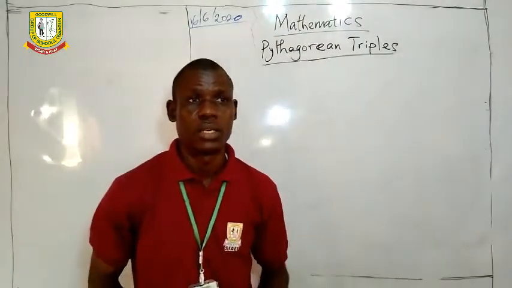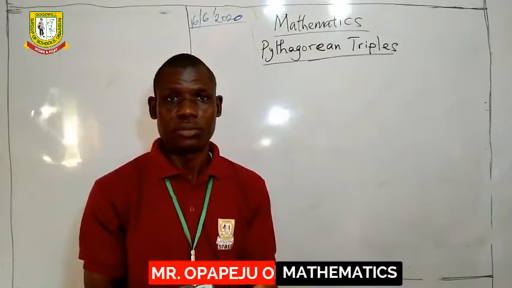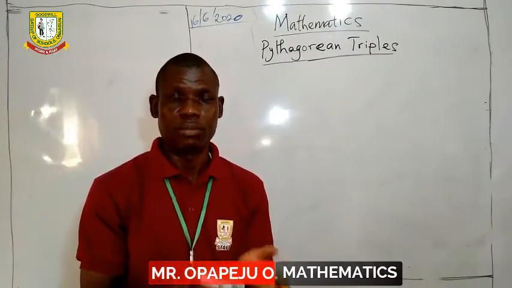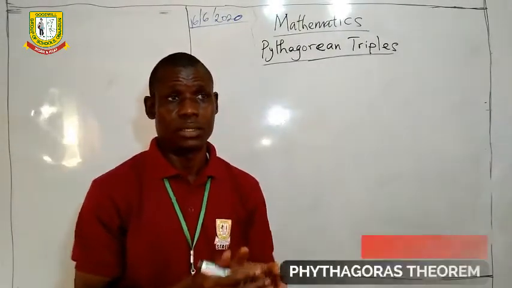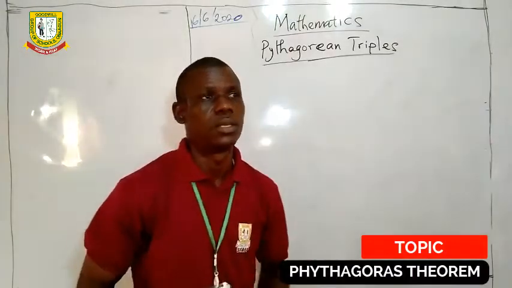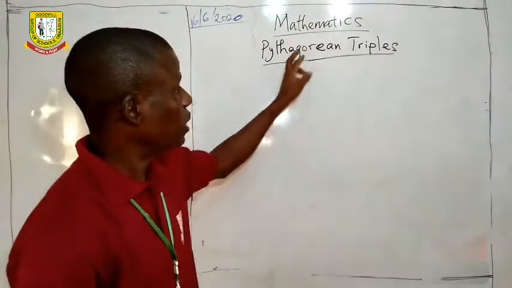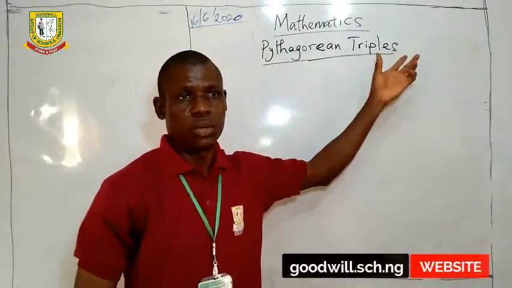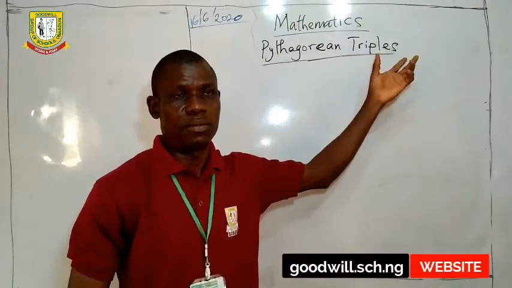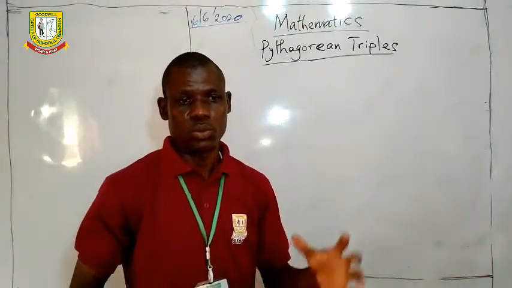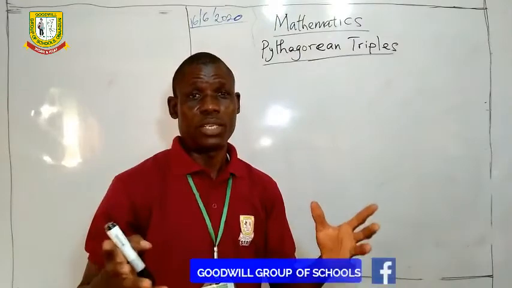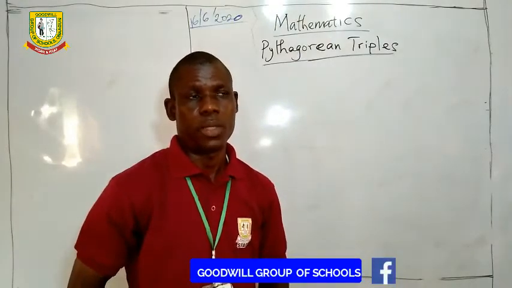A triplet is a set of 3 children born at the same time. That is a triplet. So when we talk about Pythagorean triples, we are making reference to a set of 3 numbers that